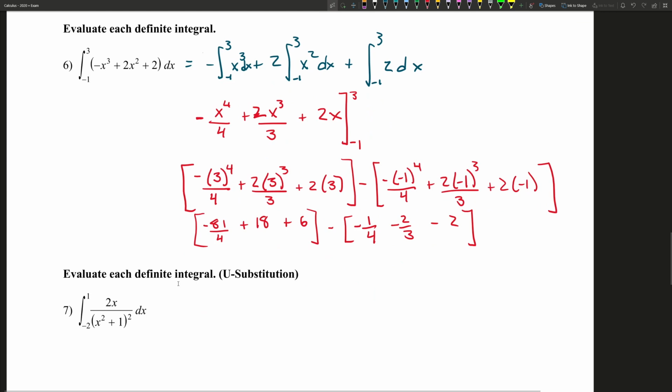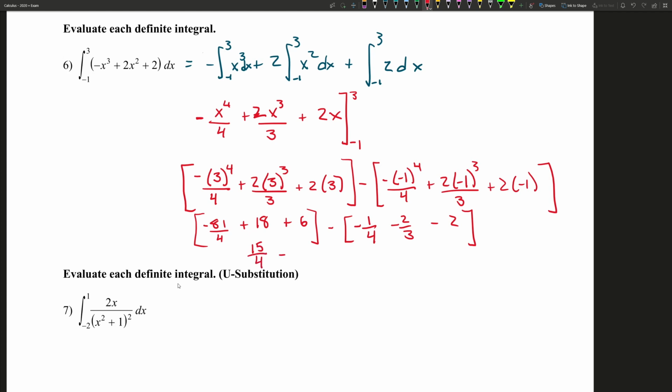And then again, we could either add or subtract these fractions or plug it into a calculator. So if we do that, we get 15/4